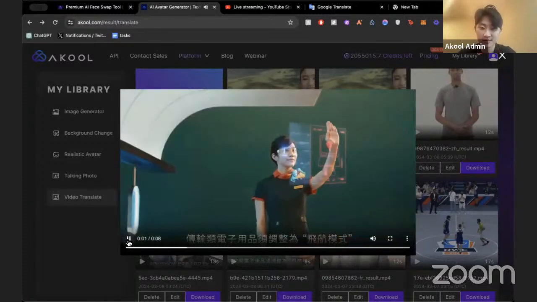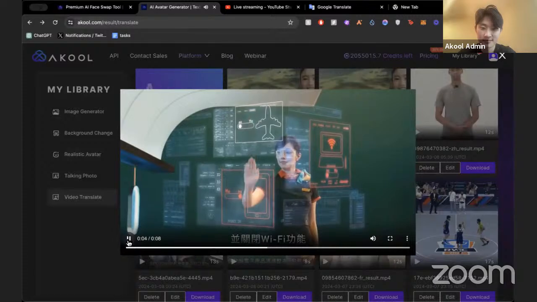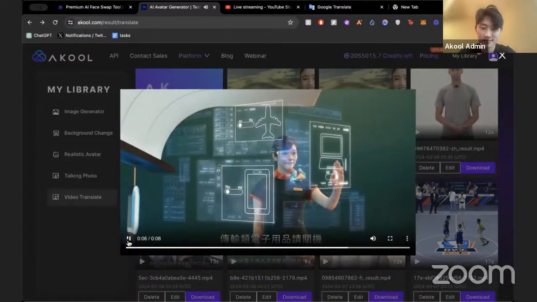Transmitting electronic items need to be set to airplane mode and turn Wi-Fi off. If electronic devices cannot be switched to airplane, like it would be kind of weird if you would see her